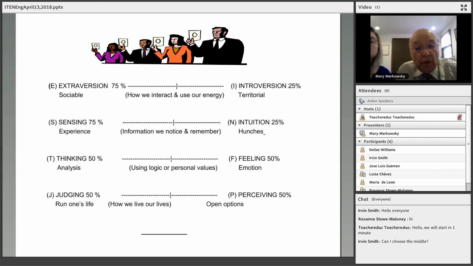Now you go to the third line. If you're a thinker, you mark that one. You bring the T, that should be your third letter down there. If you're a feeler, that should be your third letter down at the bottom. In the fourth line, if you're judging, that J should be your last letter at the bottom, or that P should be that last letter at the bottom. And you should have there a 4-letter code.